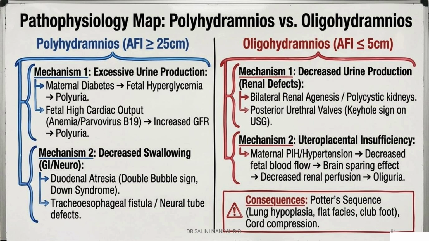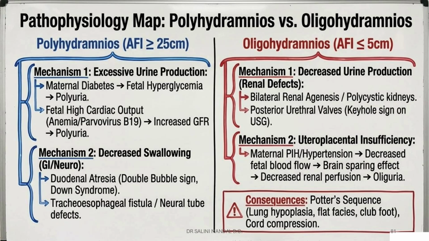Okay, excessive urine production, in which case maternal diabetes, correct, and high fetal cardiac output there can be. Okay, that means high fetal cardiac output, what is going to happen? There is going to be increased GFR and then polyuria. But whereas in decreased swallowing, what is going to happen? Probably there's a problem with the GI or the duodenal atresia or tracheoesophageal fistula or neural tube defects and all